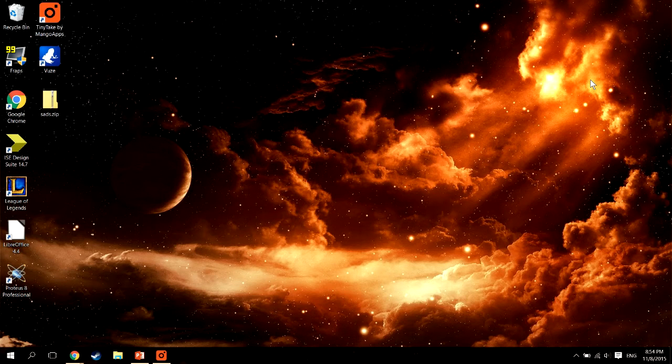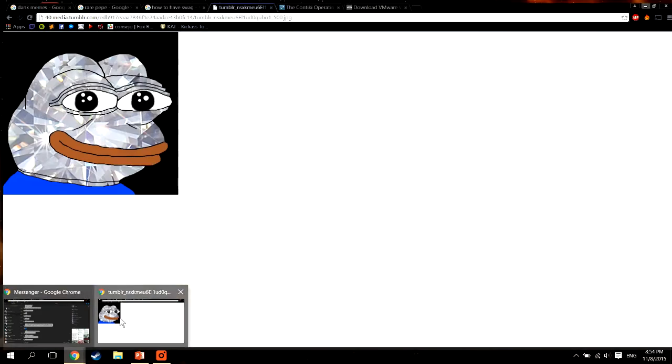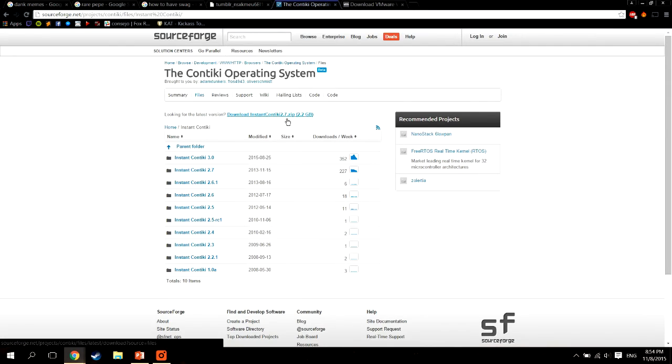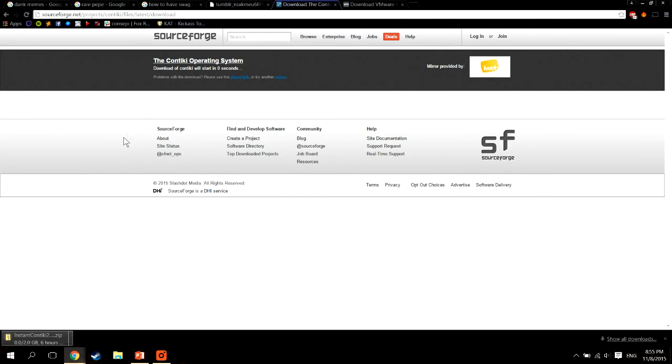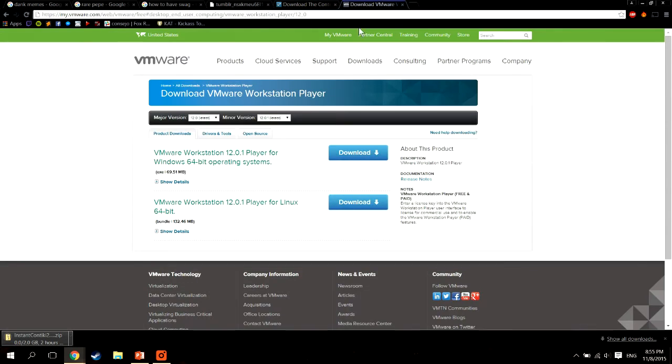Hello, I'm going to show you how to get started with Contiki. First of all, we have to download Instant Contiki. Instant Contiki is the Contiki development environment. It contains all the tools and compilers needed for Contiki development. So we go to this webpage, which I'm going to put in the description below, and we click the download button, and we wait for 3 hours. And we also have to download